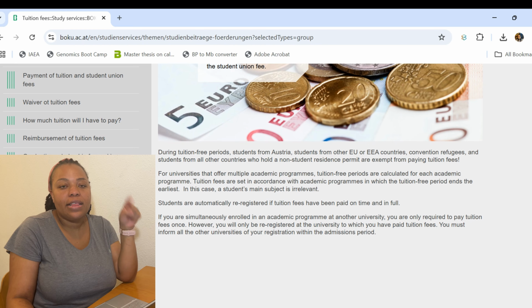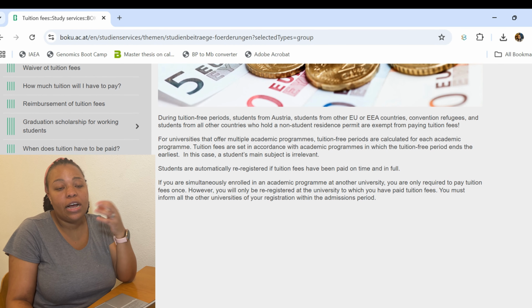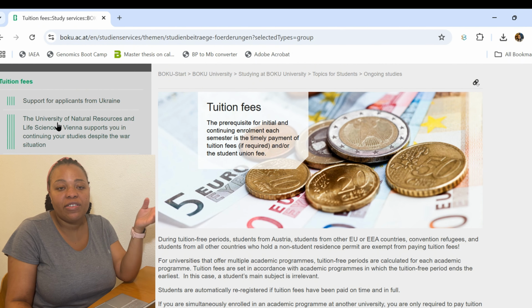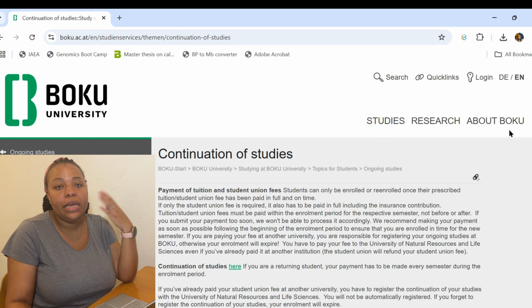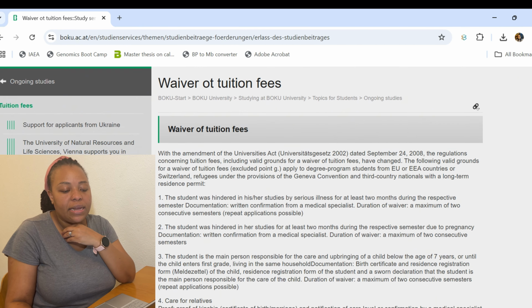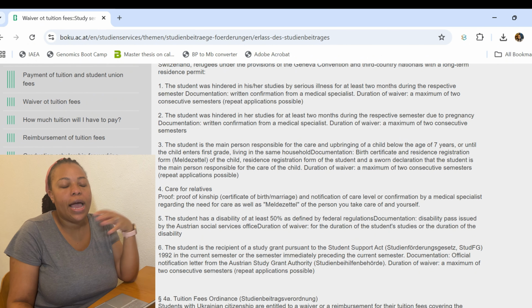So here is one thing that I know. Their fees, you can actually pay on your own, considering the thousands in fees that are charged by other universities. I know countries like Germany, here in Austria, and other European countries only ask you to pay fees of around 700 euros. And why am I talking about this in this way? I know 700 euros